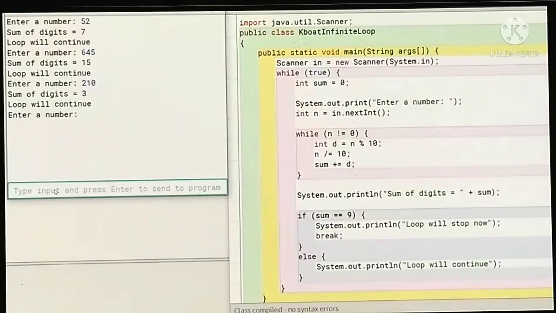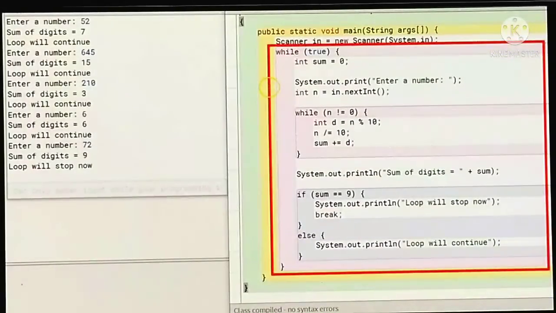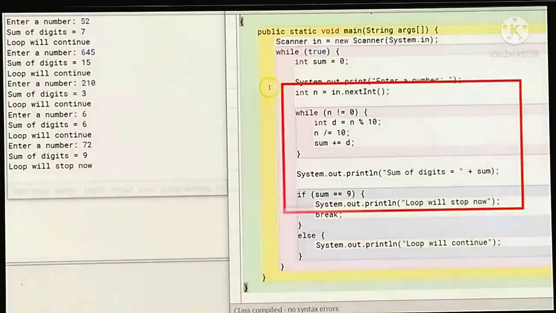Here the loop will continue if you get sum 3, 6, 7, 2, but when you get 9, the loop will stop immediately, because this is an unconditional jump from the loop. If you never get sum equal to 9, the loop will continue infinitely and never stop at any point.